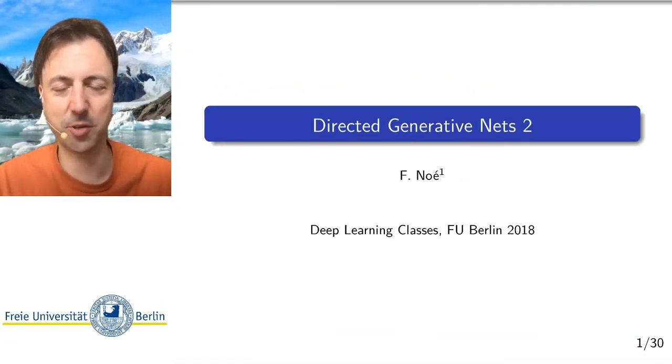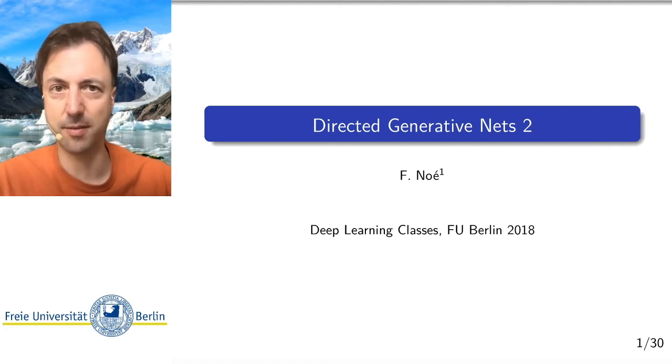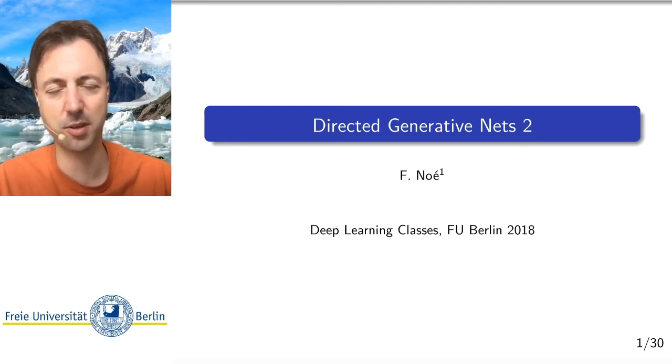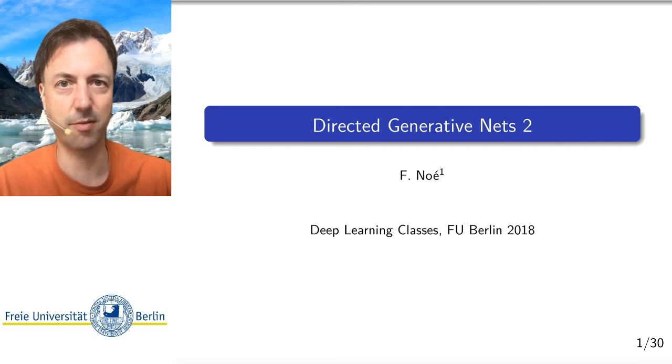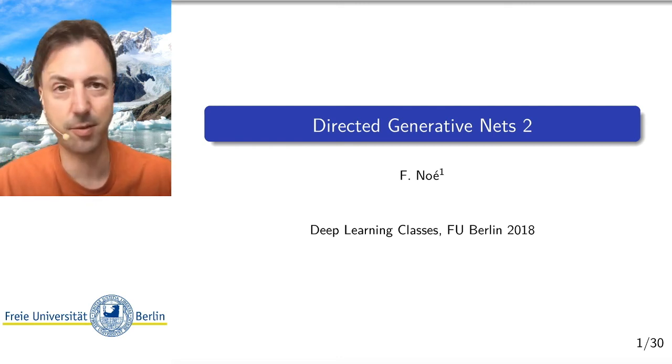So with this, I'm finished with the second part of the directed generative network lecture. We have seen aspects of variational autoencoders that include classification in them, such as conditional variational autoencoders and classification variational autoencoders that you can use to do semi-supervised learning using datasets where you have many unlabeled and some labeled images. And then in the second part, we have looked at GANs, generative adversarial networks. Those are great state-of-the-art methods with which you can